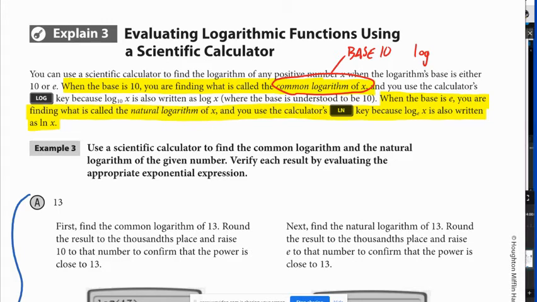Okay, another base that we frequently use is that special number e, which, remember, is about 2.718. And since we use so many exponential functions with base e, it makes sense that we would also do a lot of logarithms with base e, because that's how we're going to solve exponential equations that have an e in them, as we would use the inverse, which is the natural log. So that's log base e of x. We don't write it as log base e of x. We actually write it as